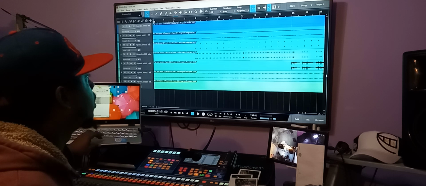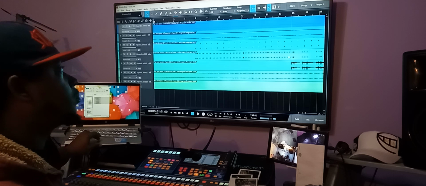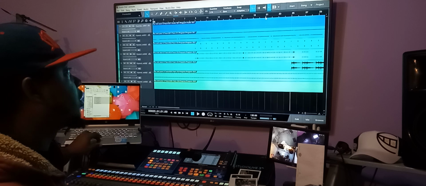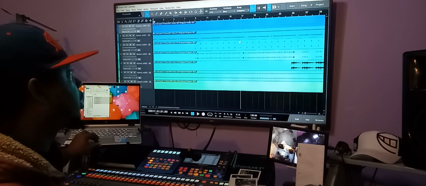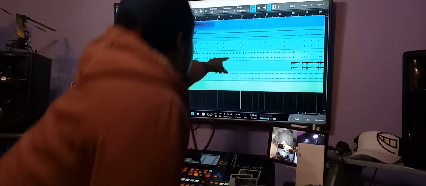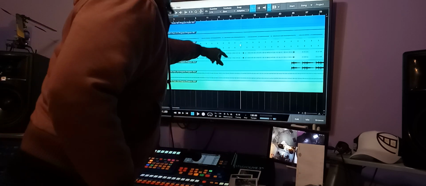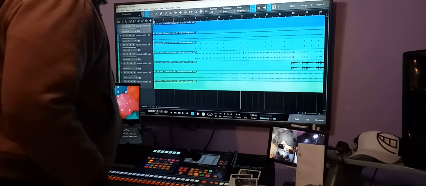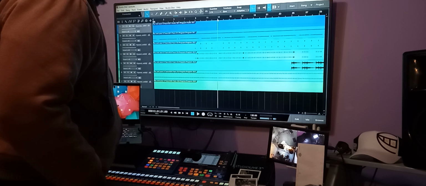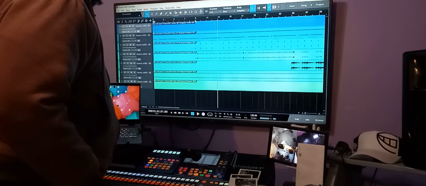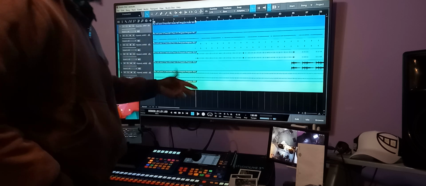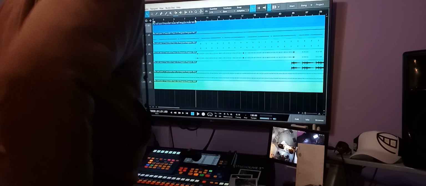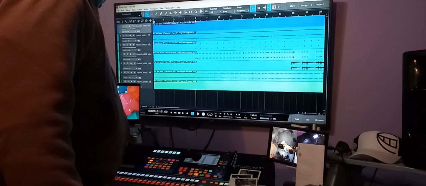Okay, snap to grid. But you see how these lines, everything is on point. Every time I click on one of them, it's clicking right in the middle of this right here. So every time I click one, bam, everything on point. It don't matter what you do. You can chop stuff up right here or anything, you feel me? And so that's that. When you hit play,